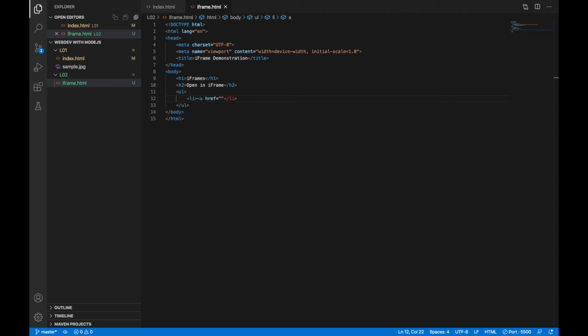Okay, so you must be knowing that we can add any hyperlink to the href part of the anchor tag. Now what we can do is we can also connect it to any file inside this particular folder that we have created, web dev.js. So for example, if I have some file inside lecture 1 and I am working on lecture 2 and I want to access this file using our code, so what I do is dot slash, which means the main folder that we are in, and then l01 slash index.html.